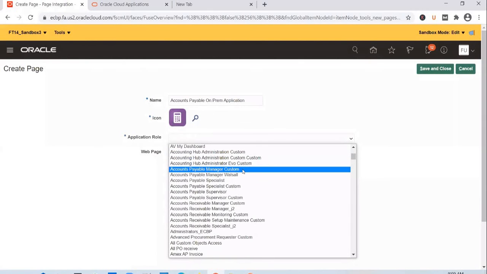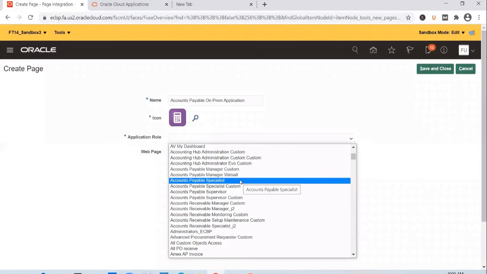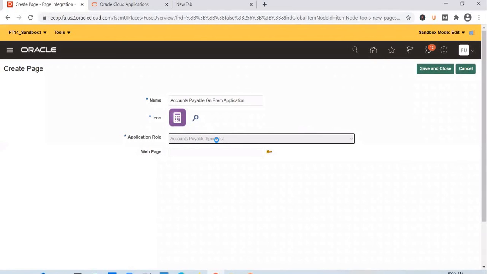And select the application role. So if you mention accounts payable specialist here, only if the user has accounts payable specialist role assigned, only then they will be able to see this new page in the application.